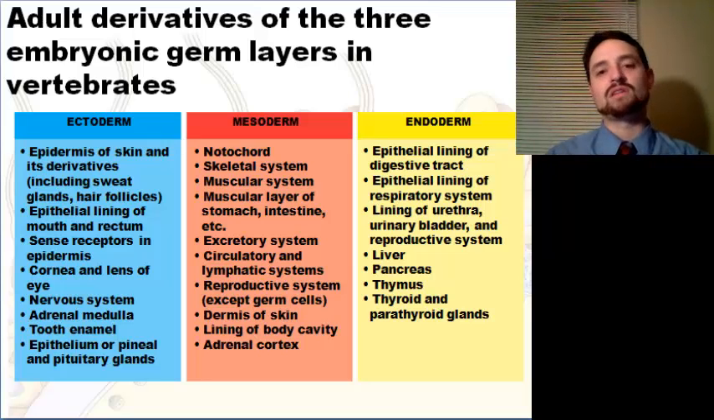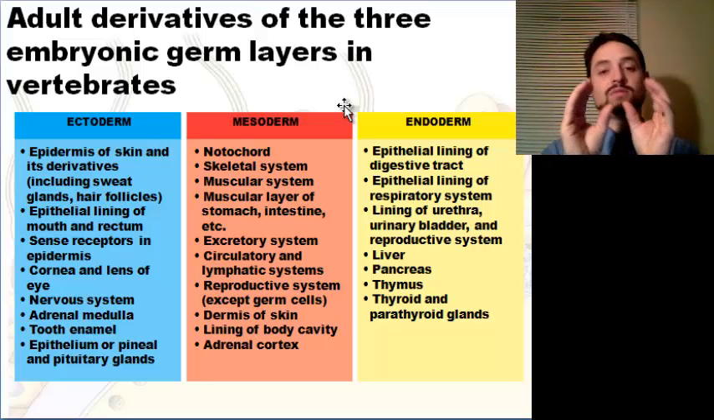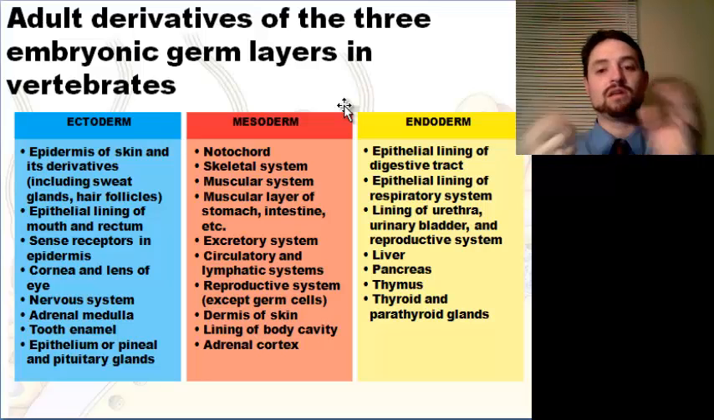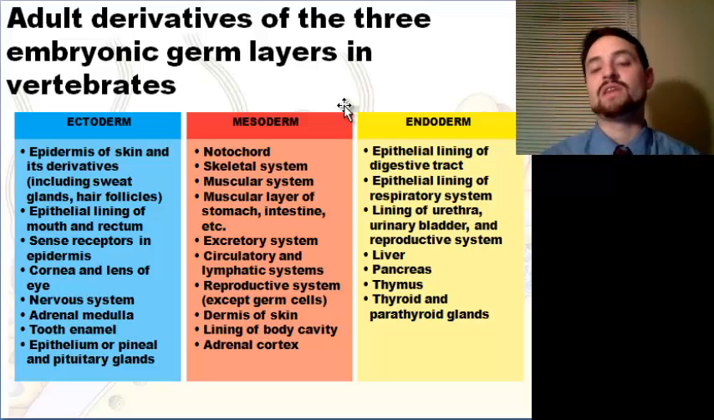That's a little interesting to think about, maybe. Then you've got the mesoderm here. Remember when that was forming in the blastopore, that was the space that develops between the endoderm and the ectoderm, that inside cell area. That's the mesoderm. And this is stuff like the notochord, the skeletal system, muscular system, muscle layer of the stomach